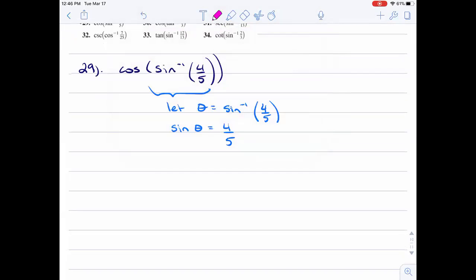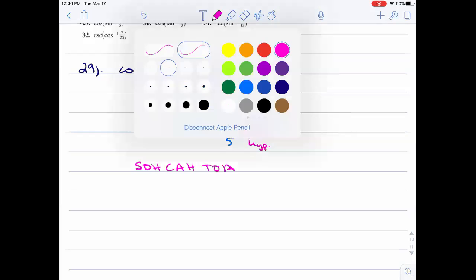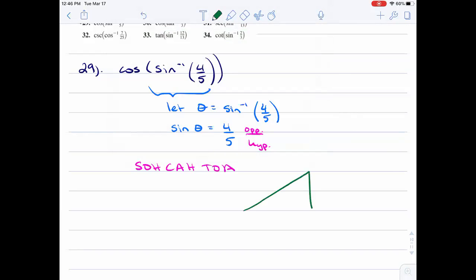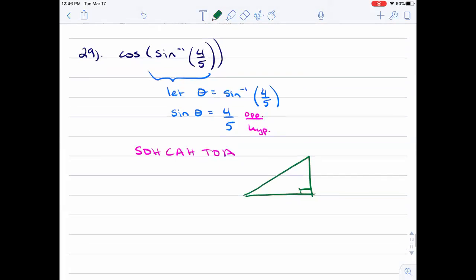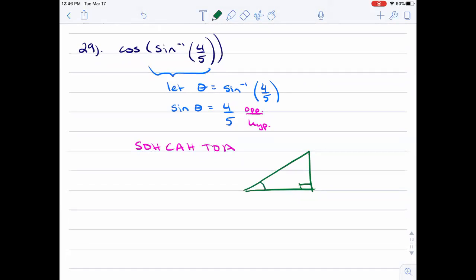This is where SOHCAHTOA comes in. SOHCAHTOA. Sine is opposite over hypotenuse, right? And so here, this is opposite over hypotenuse. So what I'm going to do is draw some triangle, as long as it's a right triangle, right, with a 90-degree angle in there. Doesn't really matter which corner I put theta in. Just put it down there. So if the opposite is 4, and the hypotenuse is 5,